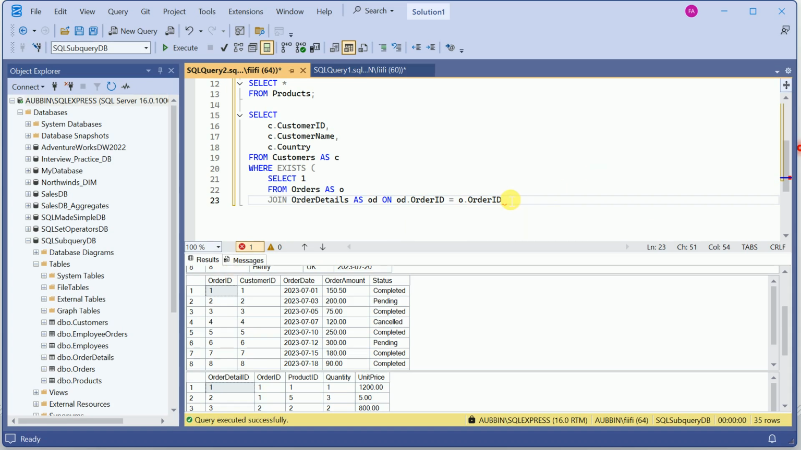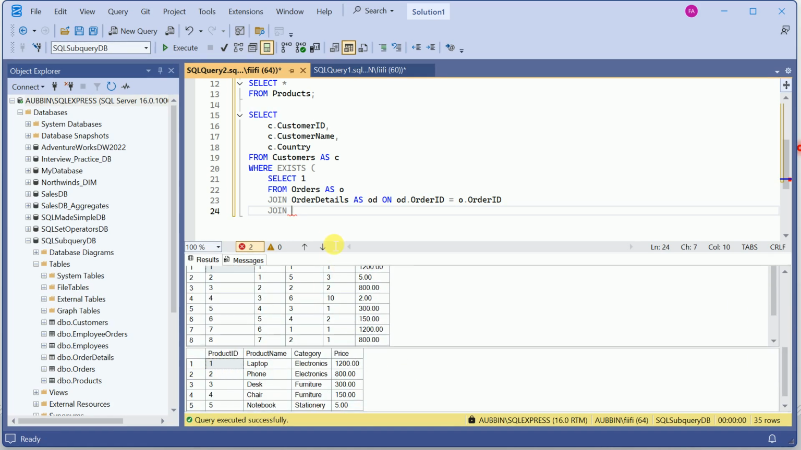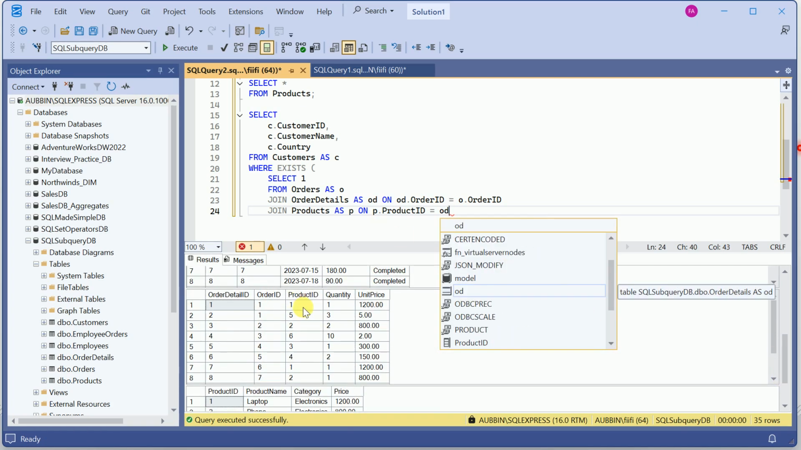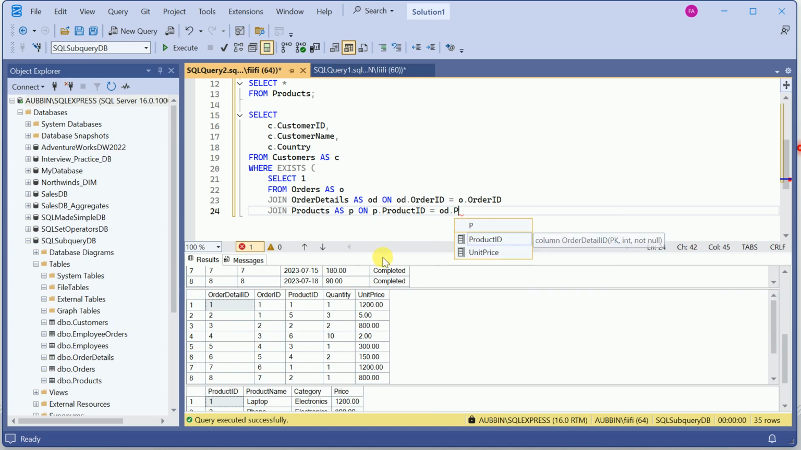We'll do another join again. It can be a left join, right join is fine. So we're going to join the product. So when we come here, the product ID here. So we are joining the product as P on the product ID, which is P dot product ID being equal to the order details. Okay, so within the order details, we have the product ID. So OD dot product ID,